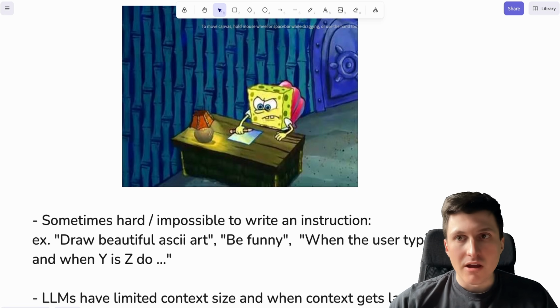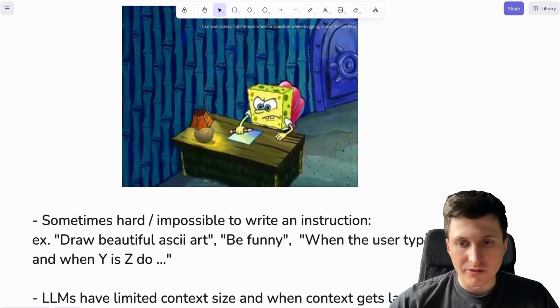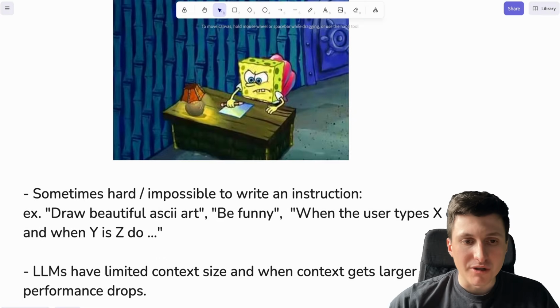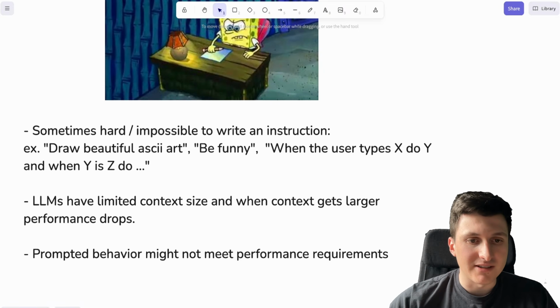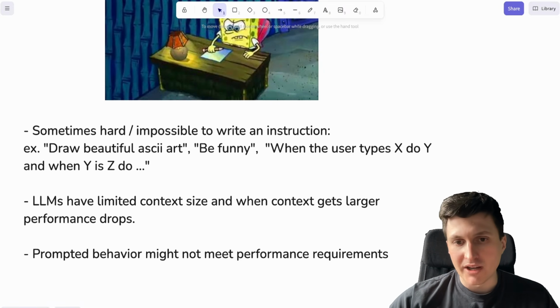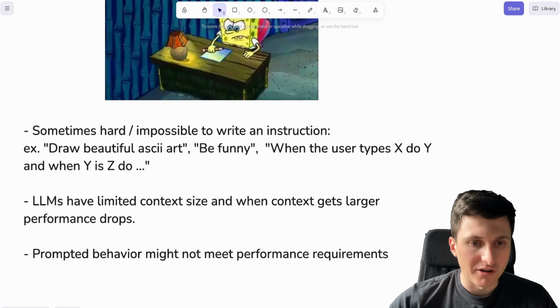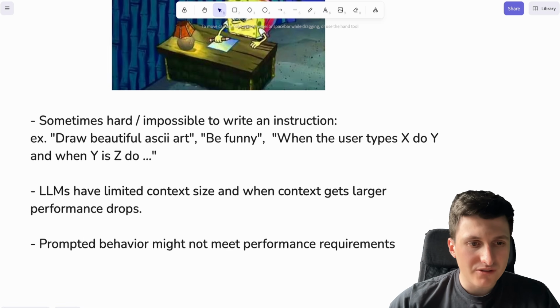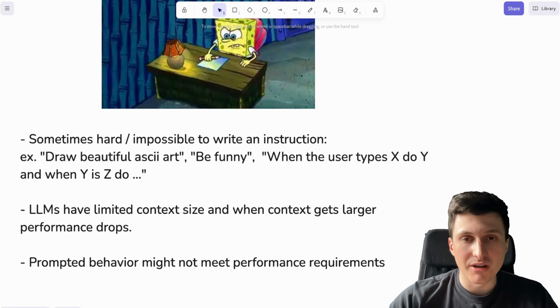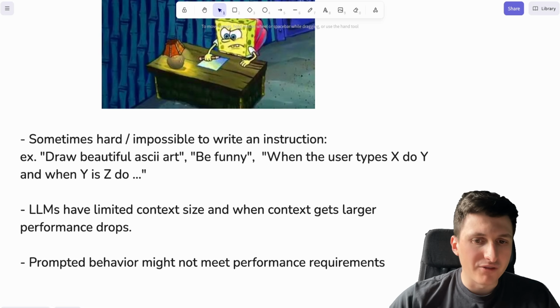For example, routines of your favorite comedian. LLMs also have a limited context size, so your prompt also can't be endless, which is another limitation. Also, just the prompted behavior might not meet the performance requirements that you need, especially with smaller models. These models often don't have state-of-the-art performance right out of the box, so you will have to fine-tune it for